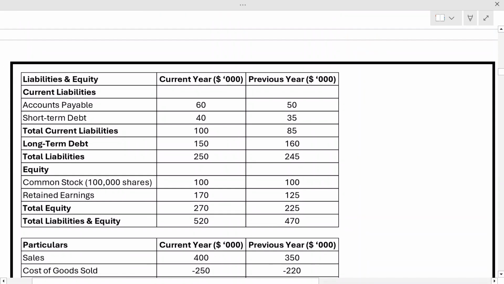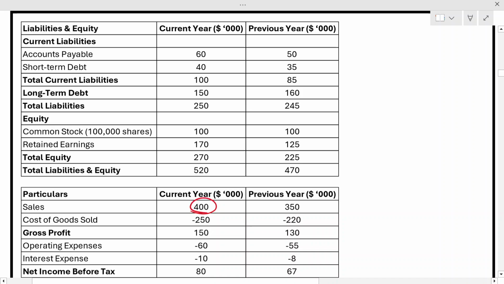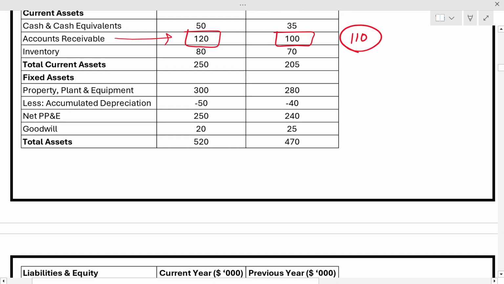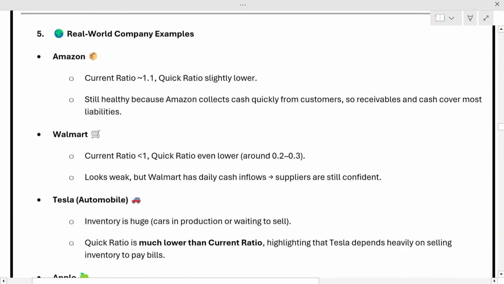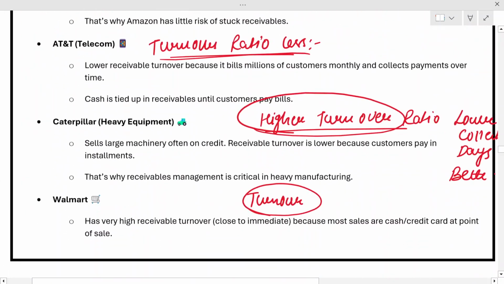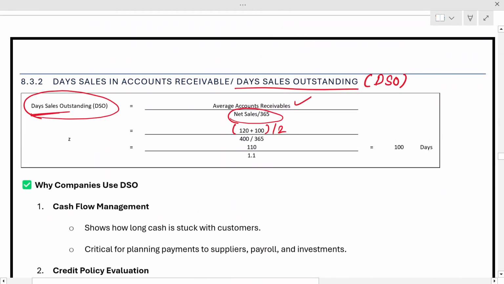And what is our net sales here? Our net sales is $400 here. So 400 is net sales, 110 is the average receivables. So if we go here and see what is happening, 110 is your average receivables, and this 400 was your net sales, which is shown here, and you need to divide this 400 by 365, so that you get the net sales per day, which